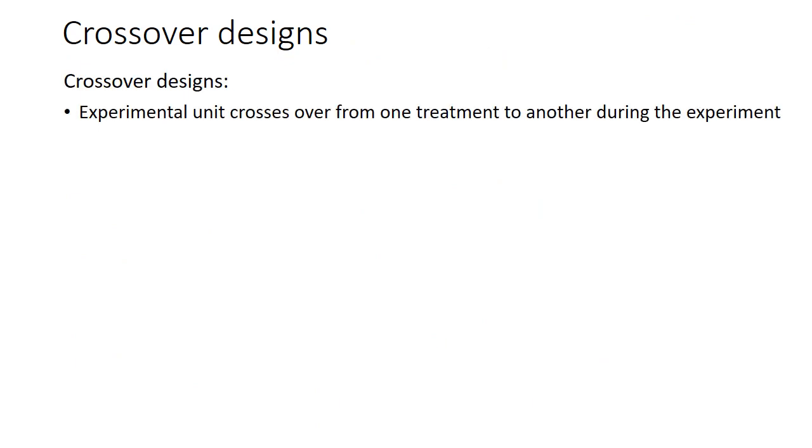A crossover design is a repeated measurement design such that each experimental unit receives different treatment during a different time. In this design, an experimental unit crosses over from one treatment to another during the experiment. For example,